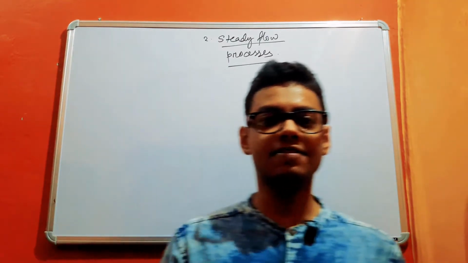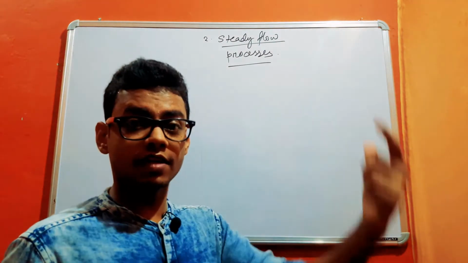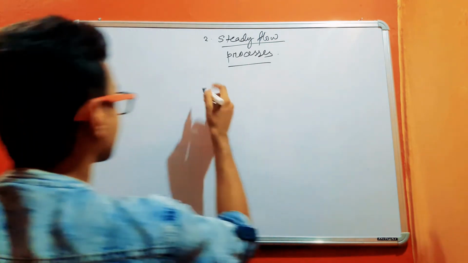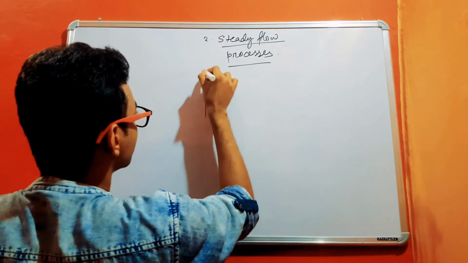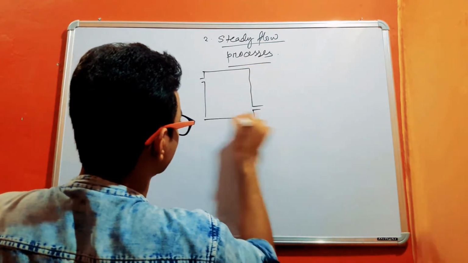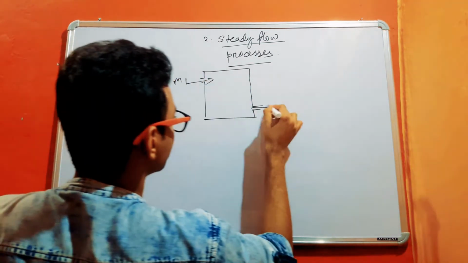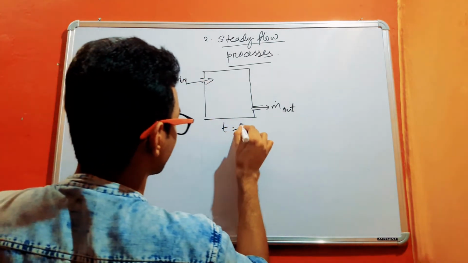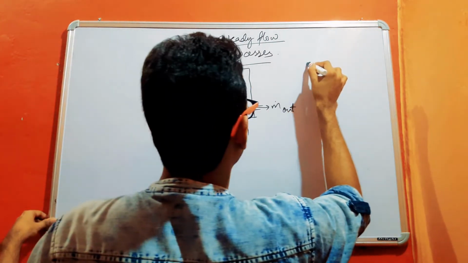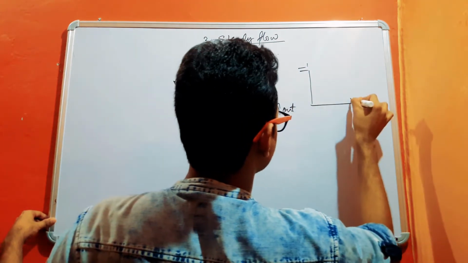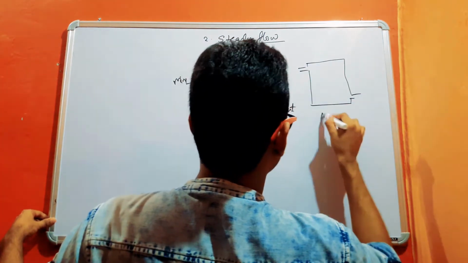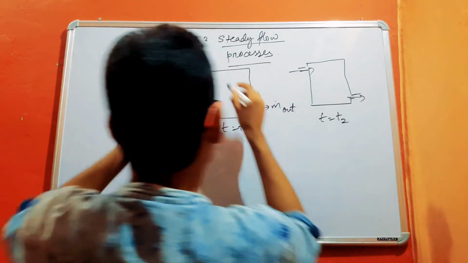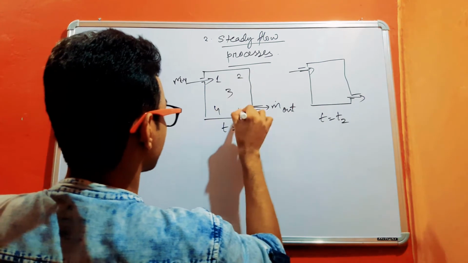The second concept is during a steady flow process, fluid properties change with position but not with time. Like, suppose I'm having a control volume like this. Mass is coming in from here, mass is going out from here, and this is at time say t1, and the same system at another time, just say after 1 hour, at time t2. So if I'm denoting the temperature, say at point 1, 2, 3, 4, 5,